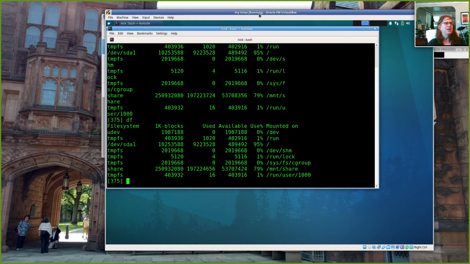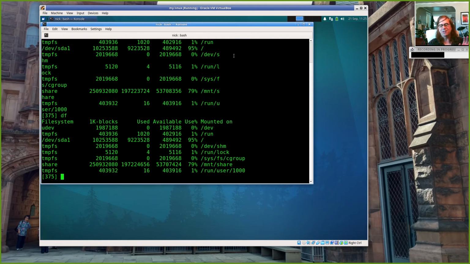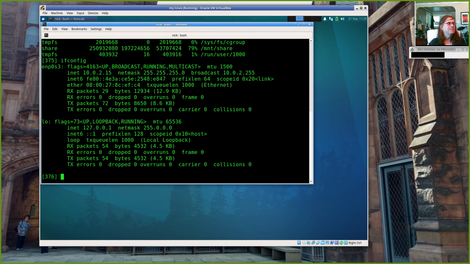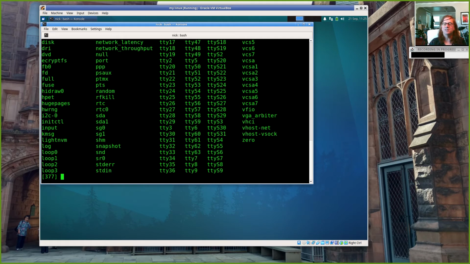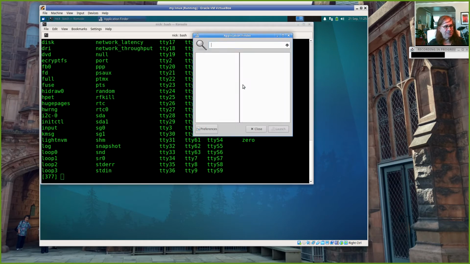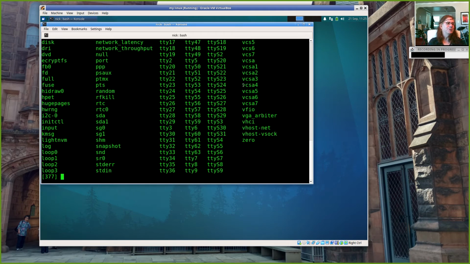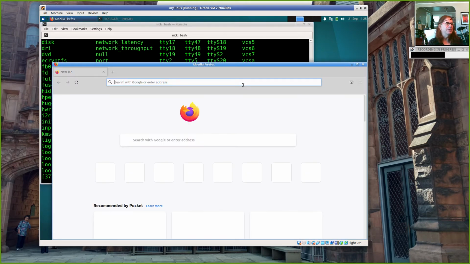I can do pretty much anything I want on here, more or less, without affecting anything outside of VirtualBox. And I have network configurations, and I have a whole bunch of devices that I can work with, including USB devices and so on and so forth. I can search for applications and run Firefox if I want. I can install things and so on and so forth.